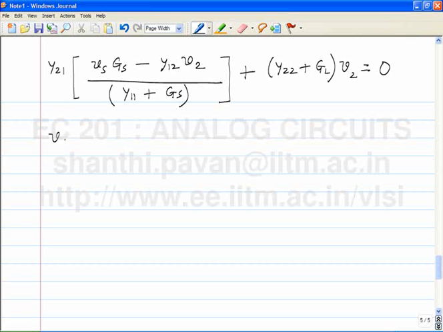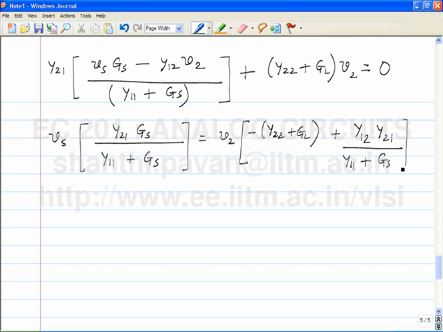It's Vs times Y21 Gs by Y11 plus Gs must be equal to V2 times Y22 plus GL plus... okay, so Vs times Y21 times Gs divided by Y11 plus Gs is V2 times